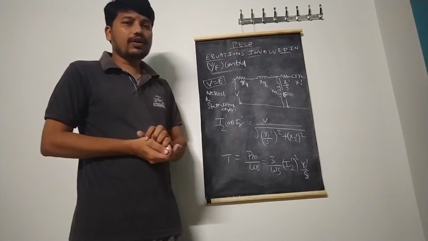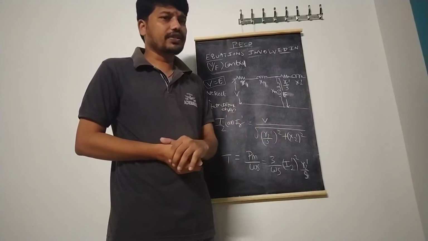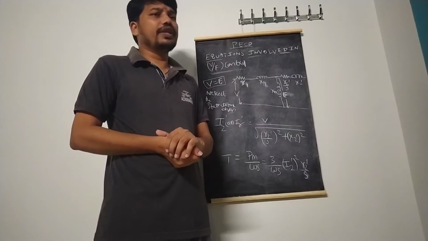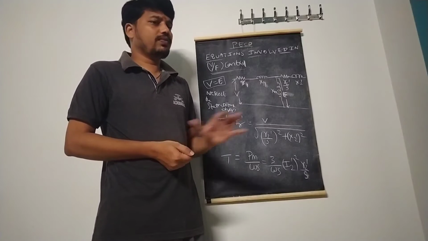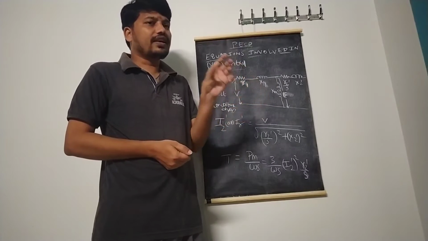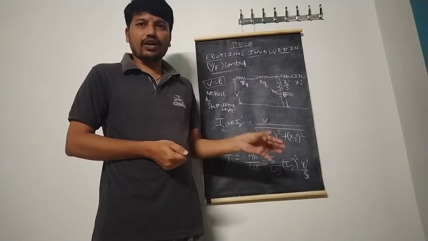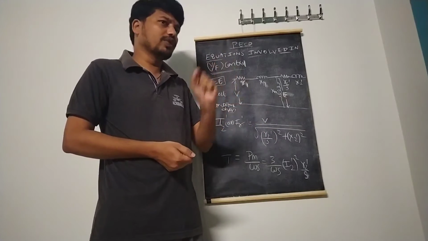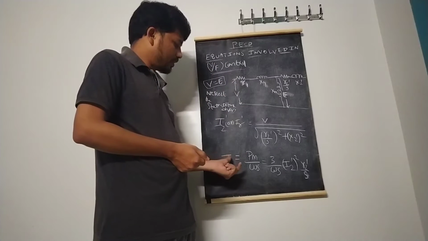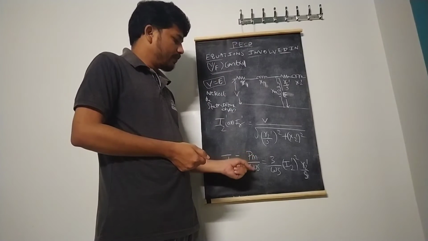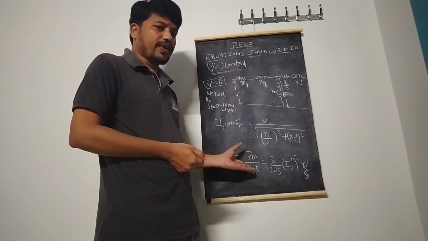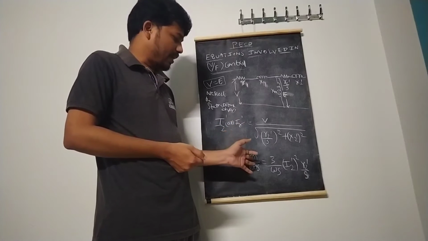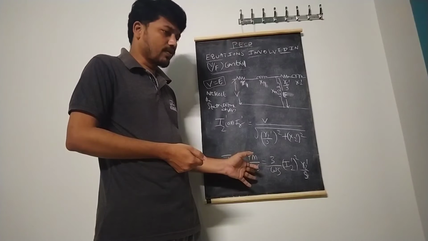We know what the torque is. We have not derived the equation here; some others derive it in different ways. But as per our syllabus, they do not ask how to derive the general induction motor torque; you can take the torque directly. But I am telling you a simple trick to remember the torque as well. Torque T is equal to Pm by omega. We know that power is equal to T into omega. Therefore T is equal to Pm, the mechanical power developed, divided by the speed omega at synchronous speed.